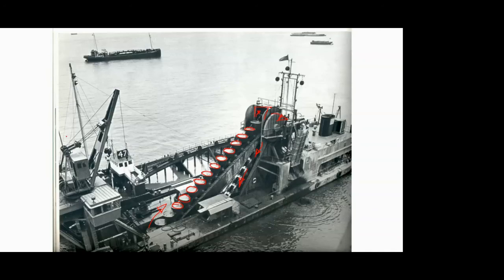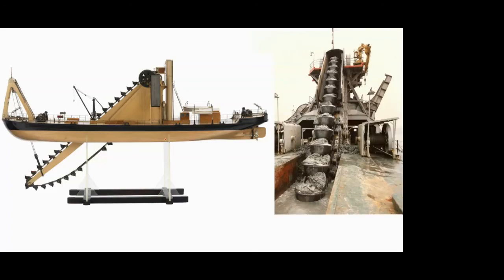And if you see this arrangement, you have all the pulley arrangement and everything which holds this conveyor. Okay, and obviously the conveyor moves using some motor. So this is the old bucket dredging, and here you can see some new pictures of it. Okay, so on the left side it's a model which is shown to you. So this is the boat, and as I told you, either it's attached to one end of the boat, or in many cases it is in the center of the boat, and then your boat is having a hollow or through section, in which you have this thing.